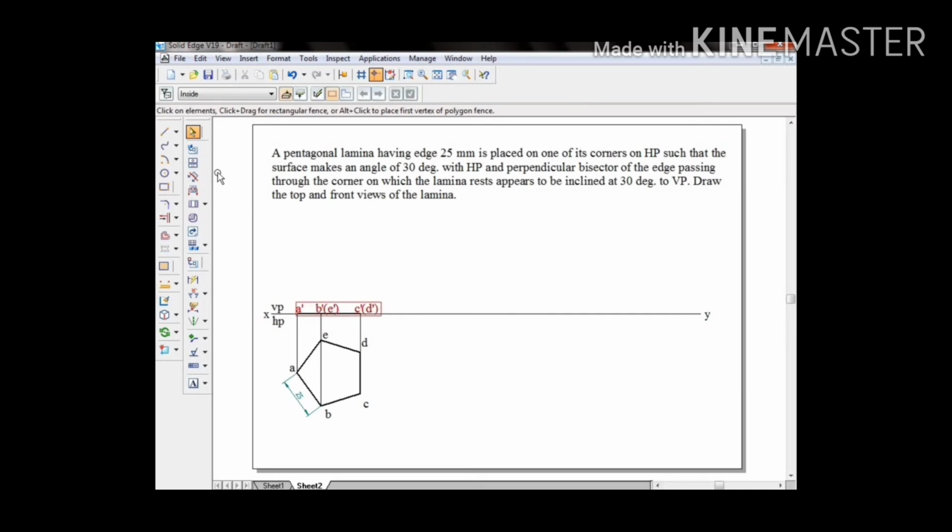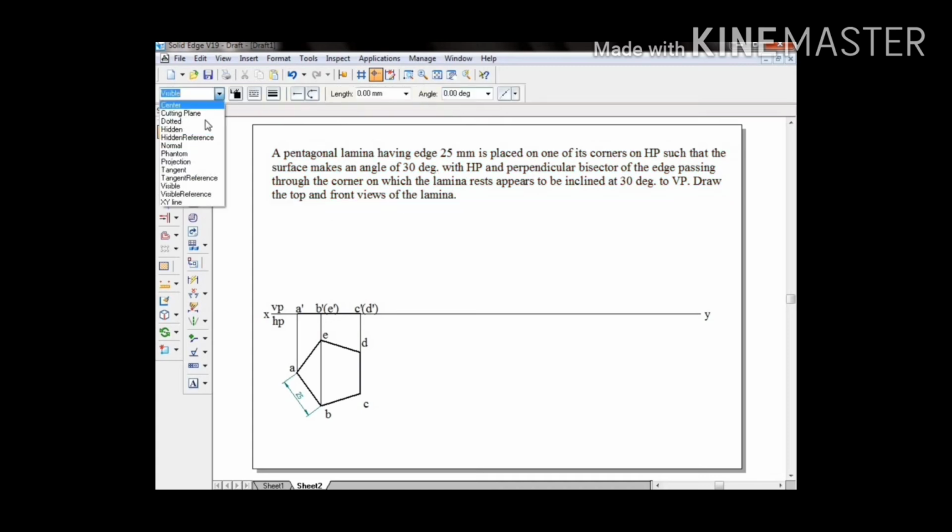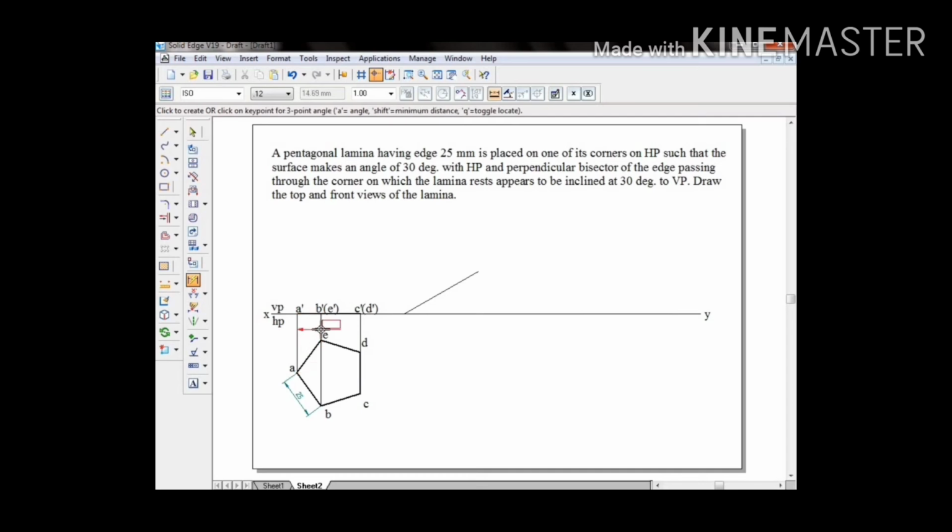Right. So again, for this problem I'll be explaining how to use your pencil compass to draw the second condition. Select a projection line, draw a line at an angle of 30 degrees. Yes, it is correct, 30 degrees. Now I need to find this dimension first because I need to draw an arc. I need to find out these two dimensions here.